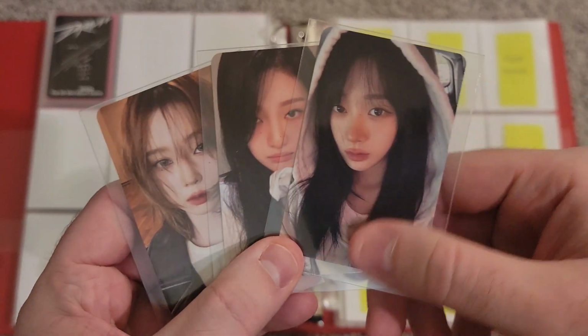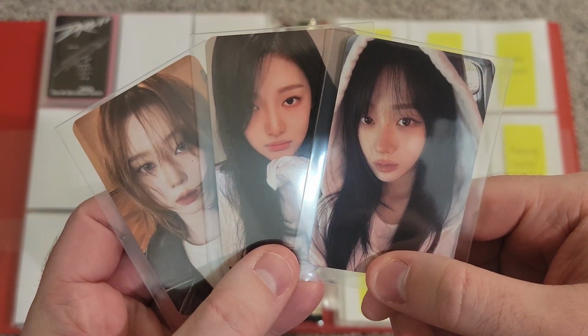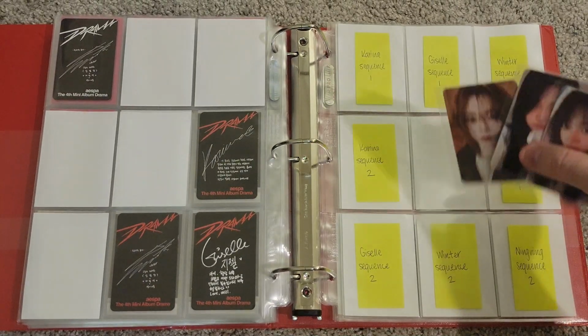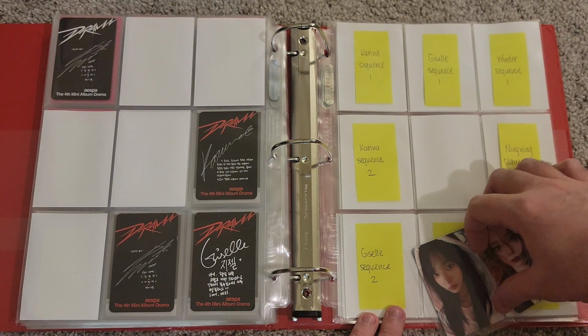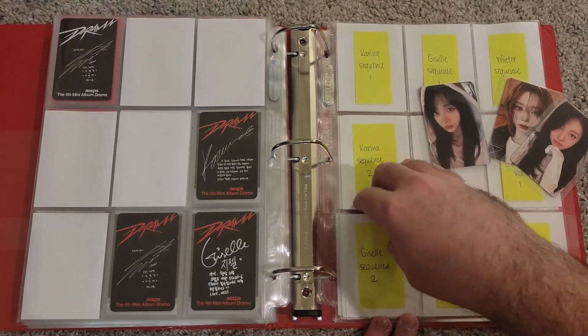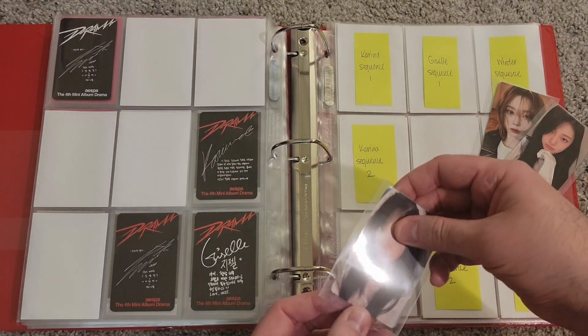Okay, so these are the 3 sequence version photo cards that I have. So I do have 3 of the 8, as you can see. I'm not exactly sure. They all have the same backs. They're all gray backs. I'm not exactly sure how I want to organize this. So for now, I'm thinking, let's just all put them on the bottom row for now, since they all fit right here. So Giselle, we'll do on the bottom row,